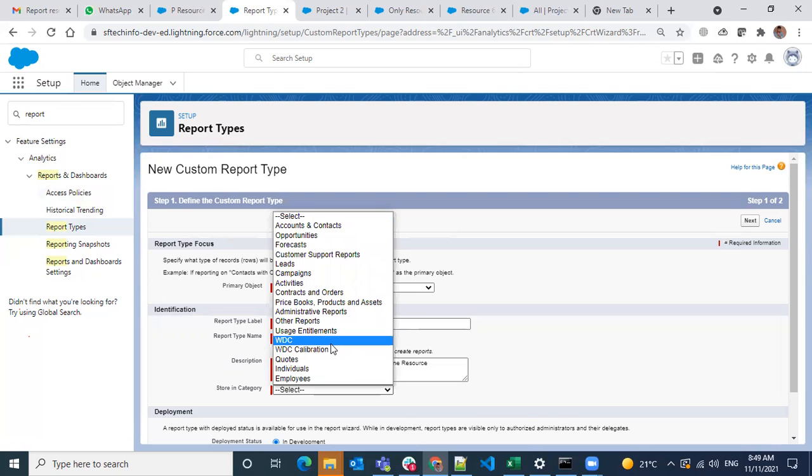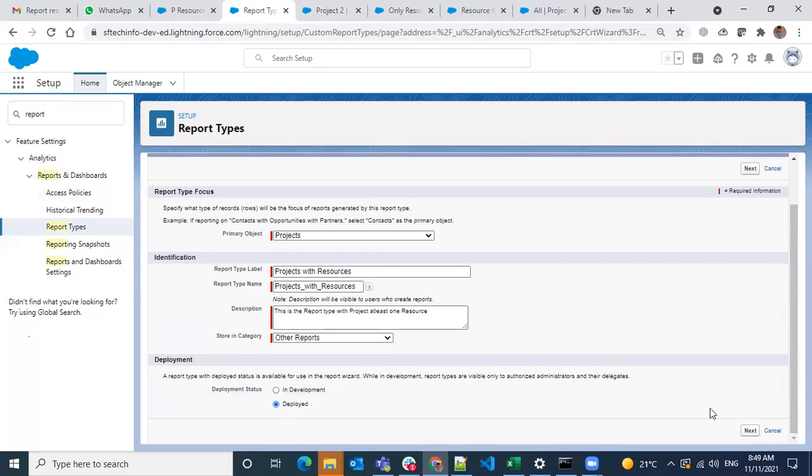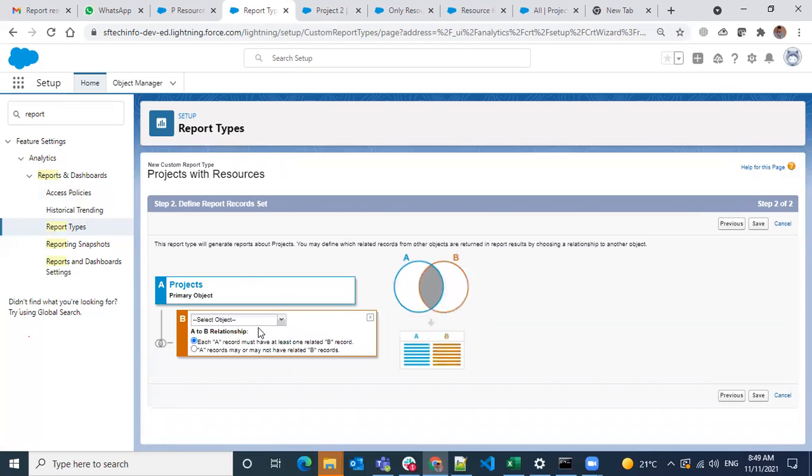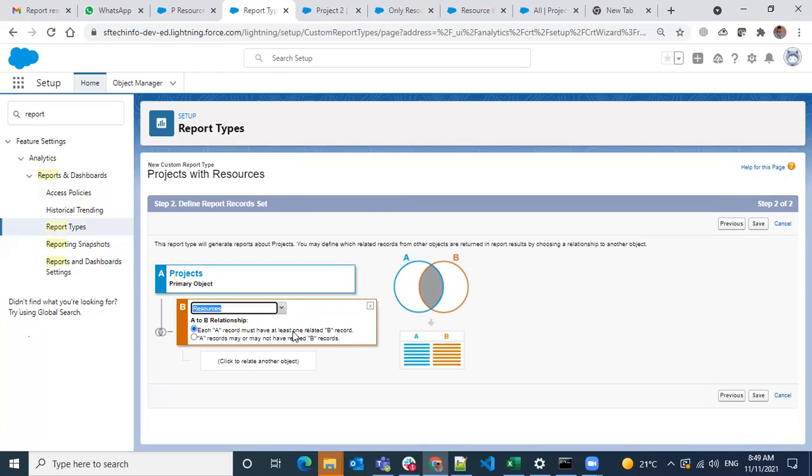Store it in the other reports category, make it deployed, and click next. Now I'm going to select the next object, which is resources, and it should have at least one record in B. So if there is no project without resources,